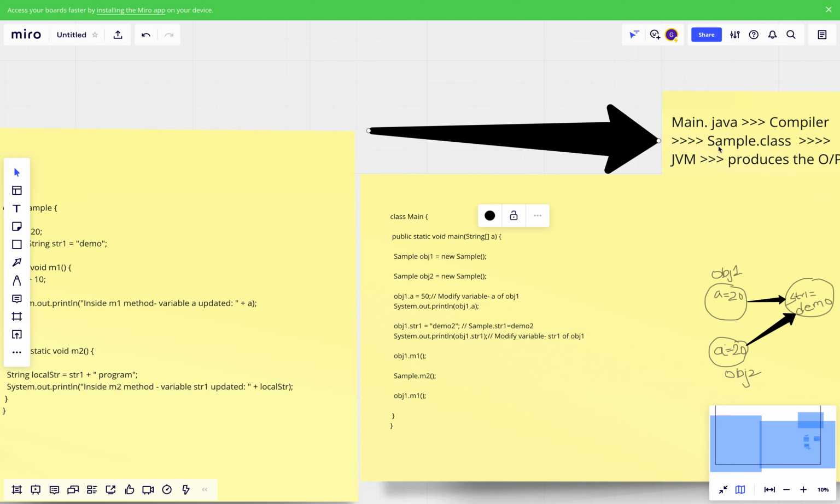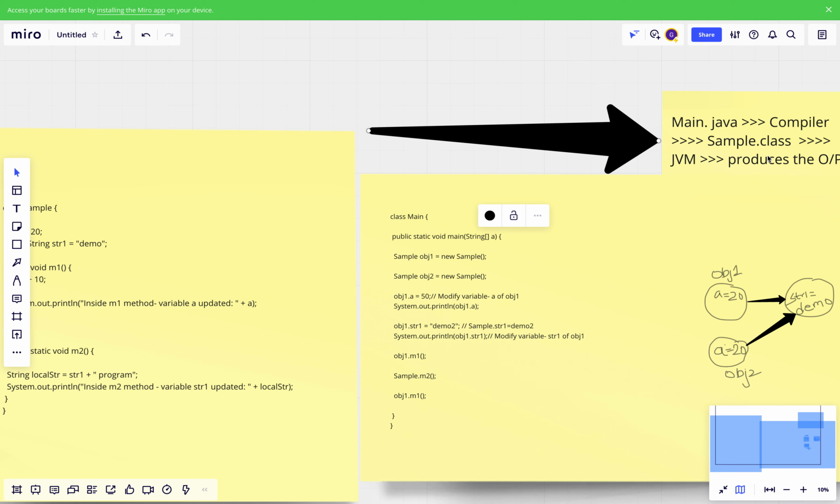Once you save your main.java file, it will reside on the hard disk, and once your code is compiled, all the .class files will also reside on your hard disk.